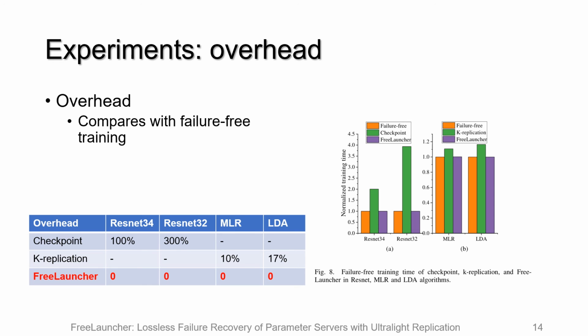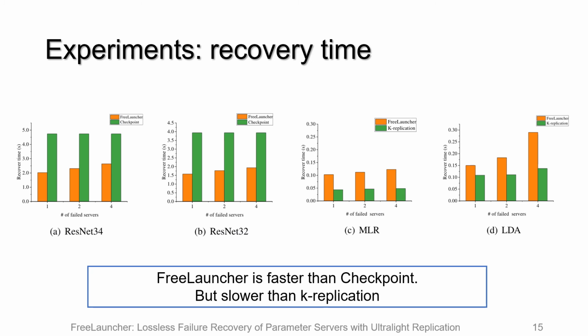The results show that checkpoint introduces up to 3 times the overhead, while key replication introduces over 10% overhead. For FreeLauncher, we found no noticeable overhead because only a very small fraction of parameters need to be replicated. For recovery time, FreeLauncher is faster than checkpoint because FreeLauncher recovers parameters from workers' memory, while checkpoint needs to load snapshots from disks. But FreeLauncher is slower than key replication because FreeLauncher needs additional steps to collect